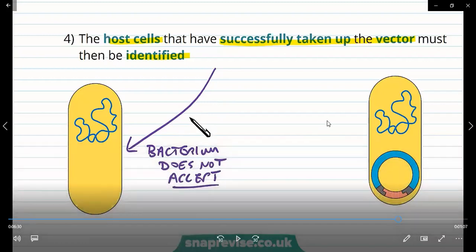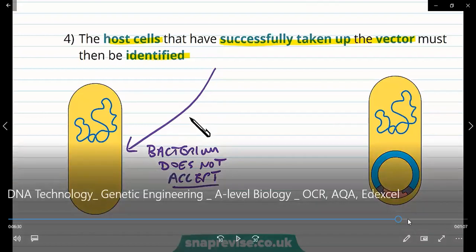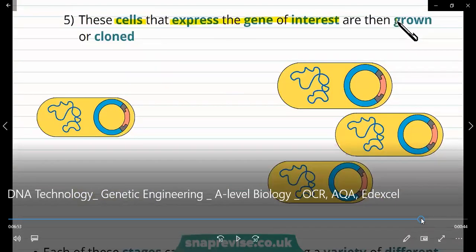So if you treated them with the antibiotic, the ones that have taken up the plasmids will not die, they will survive. And the ones that did not take up the plasmid will be susceptible to the antibiotic and they will die. So a lot of times, you have to place some other gene along with the gene that you're interested in so that you can use it to check which of your bacterial cells have actually taken up your plasmid successfully. So you normally have to do that process where you check, right?